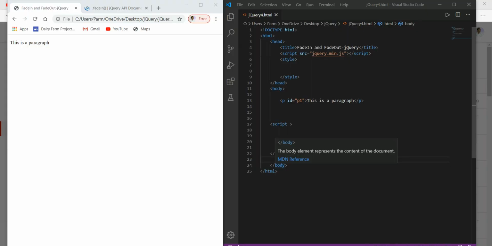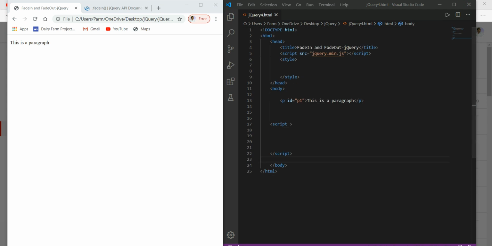So here in this video I'm very excited to show fade in and fade out, and how to fade in and fade out using jQuery. Think of it like this: we have a text in our browser and we want to make it disappear, so that means fade out. And sometimes we have a text that is not appearing on the browser screen and we want to make it appear by some event, so that is what is called fade in. Fade out. Okay, so here we go, starting with this.